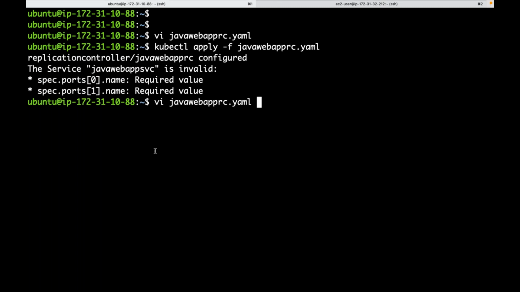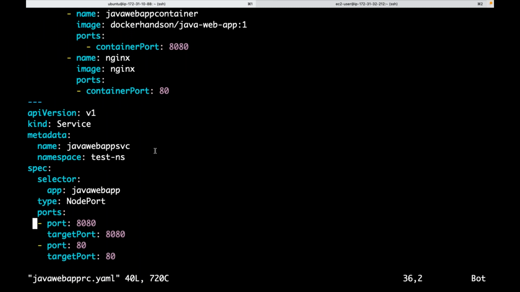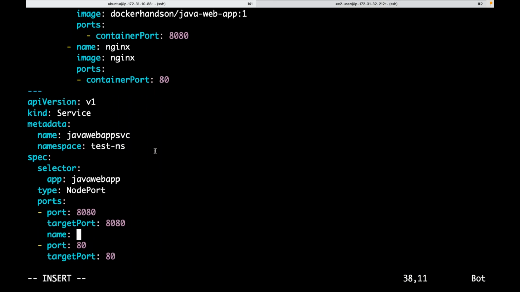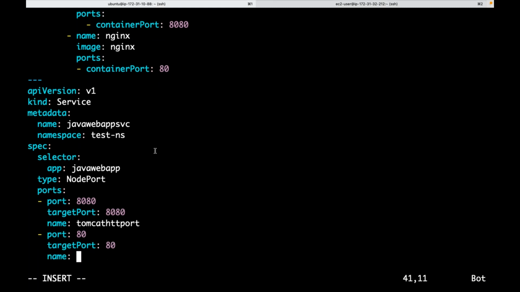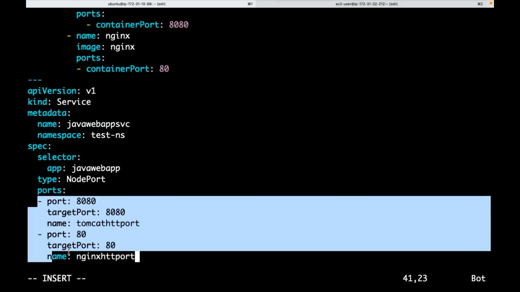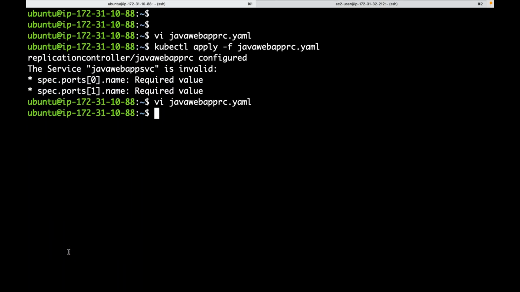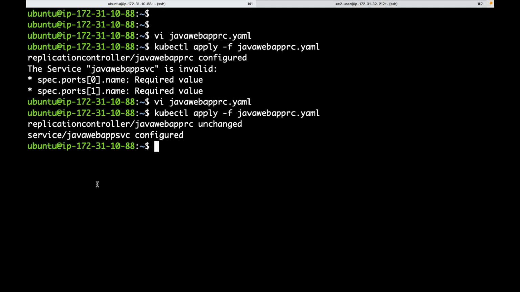Invalid. Names have to be given, guys. When we have multiple, names have to be given for this. When we try to map multiple, names have to be given. Let me give name as Tomcat HTTP port, something like this. Name Nginx HTTP port. When we give multiple port mapping, we need to give the names. Now, if you see,